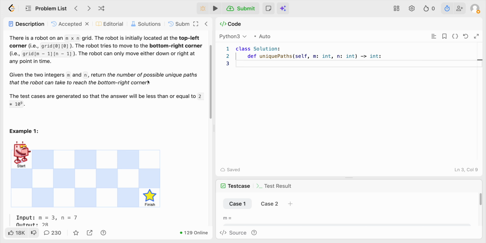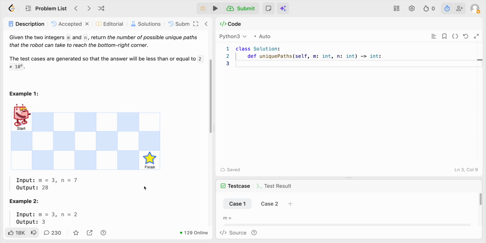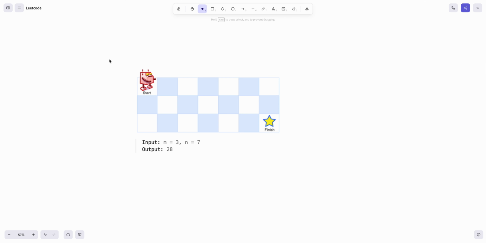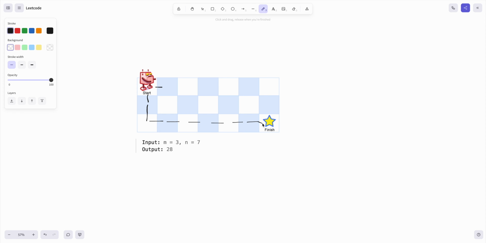Given the two integers m and n, return the number of possible unique paths that the robot can take to reach the bottom right corner. And pretty conservative constraints. As we go into the diagram here, following the problem description, we can either move to the right or down, and we need to find the number of ways to get to this finish position. So, very naive way of doing it, you can just follow a path to the finish line,